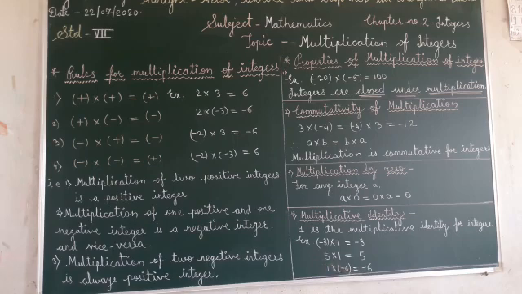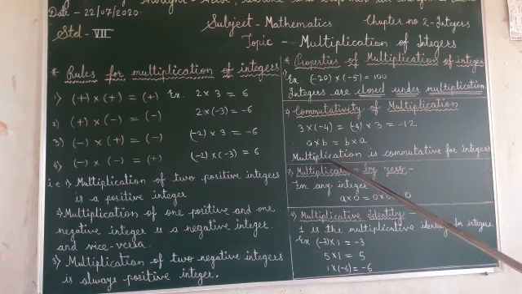After that, you change the order of the numbers, meaning the first number goes to the second position and the second number goes to the first position. See here, minus 4 into 3, you get the answer minus 12. So A into B is equal to B into A. So multiplication is commutative for the integers, because you get the same answer in both cases, after changing the order of the numbers.